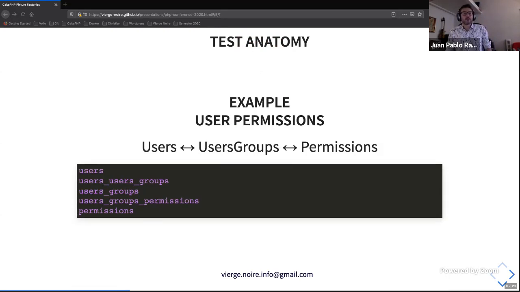So in this presentation, I'll be talking about creating test fixtures, and I'll take an example where associations are involved. I'll take the example of user permissions, which most of you have probably had to tackle at some point. We have a table of users, and users belong to many groups. You want to group your users, and each user group has several permissions. So these are belongs to many